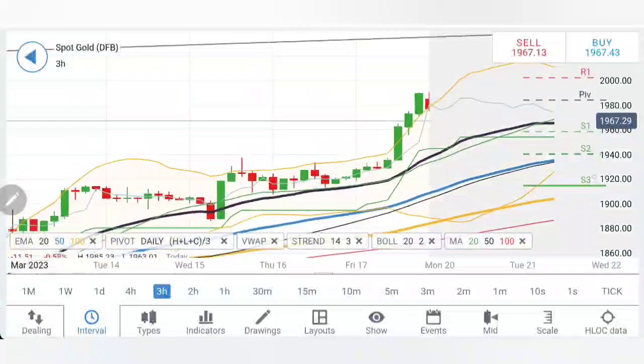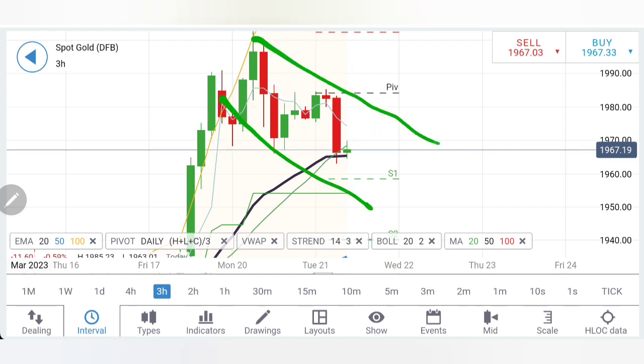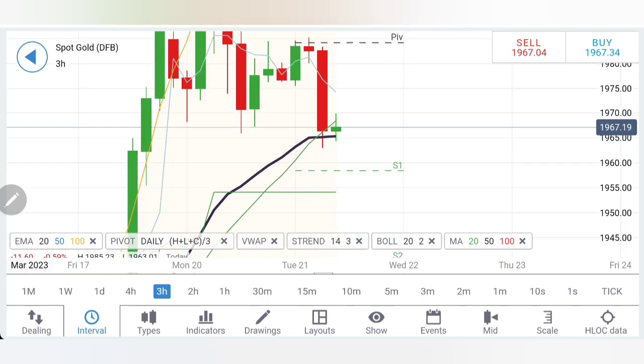And if you look at 3-hour charts, now look at 3-hour charts. See, it tried to break out, but still it is very much in the channel, and then it still got the supports on the downside. Now if you look at this, this is first breakout candle after the retracement, and the second candle is still shying away from dropping further, which means that if you see it trading below 1965, 1964, certainly you can sell there